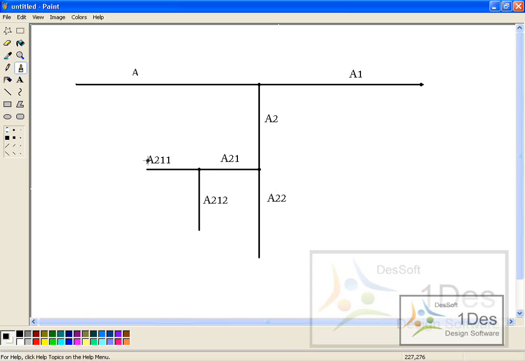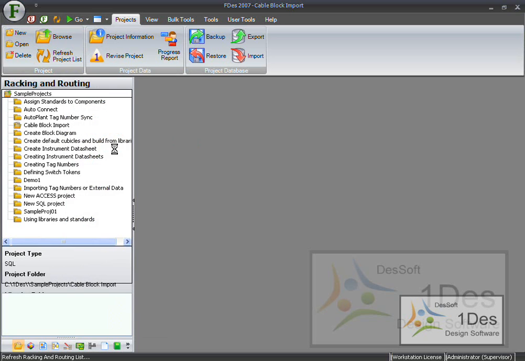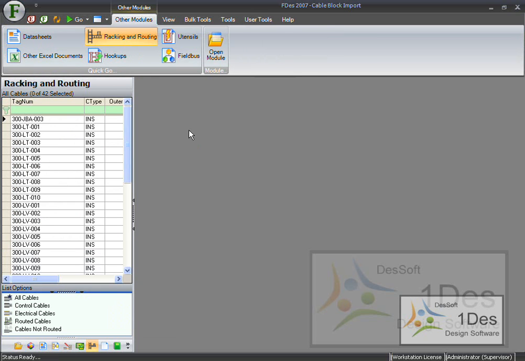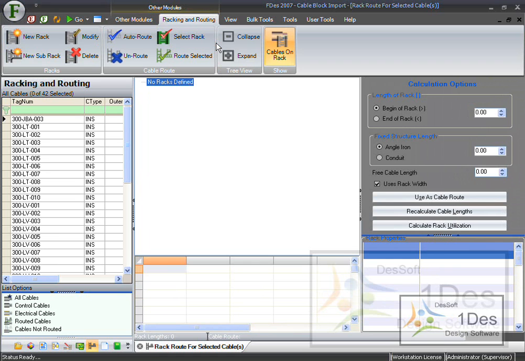A21 I split again into A211 and A212. So that is just quickly how these racks are defined, and now we can go back to the racking and routing module and I can show you how we create them. I'm firstly going to click on Go Racking and Routing, and once that is open I'll click on Open Module, which opens the racking and routing module and shows me